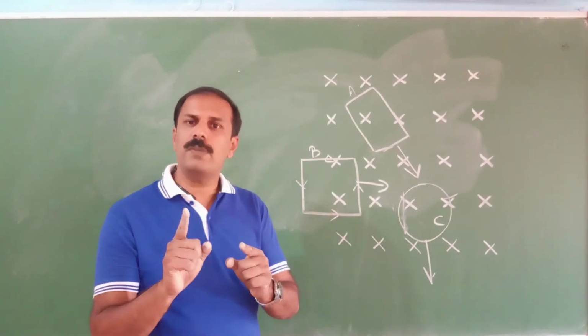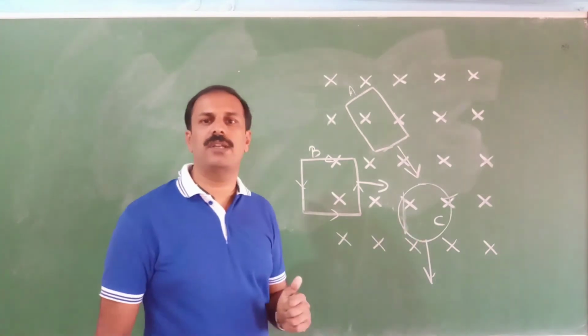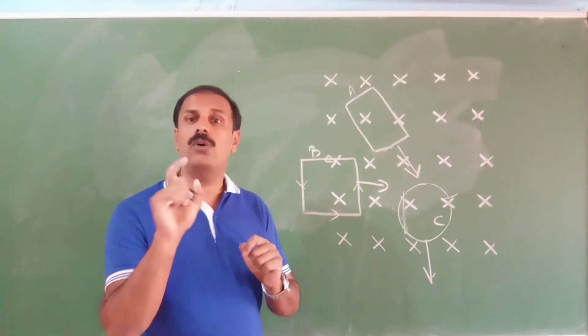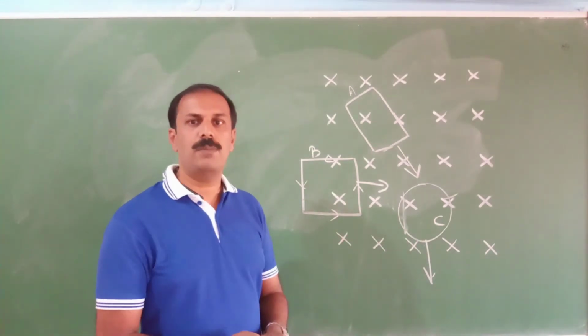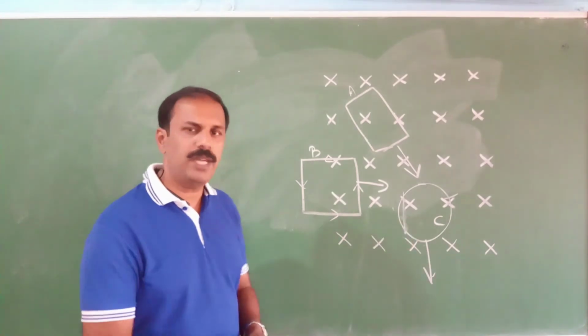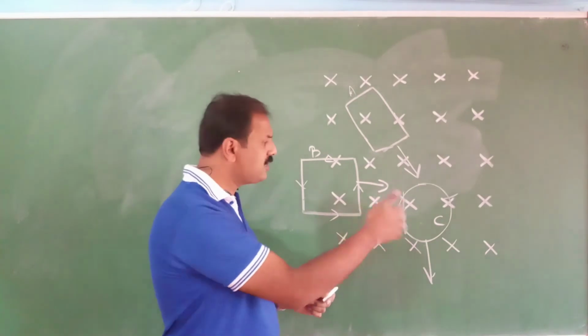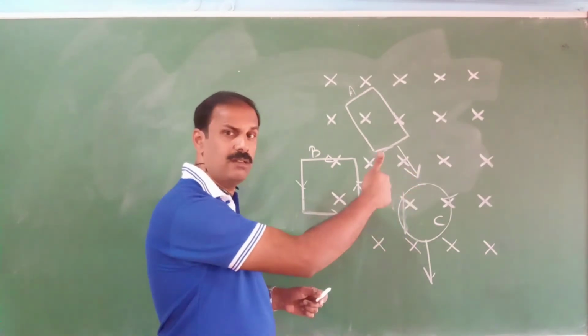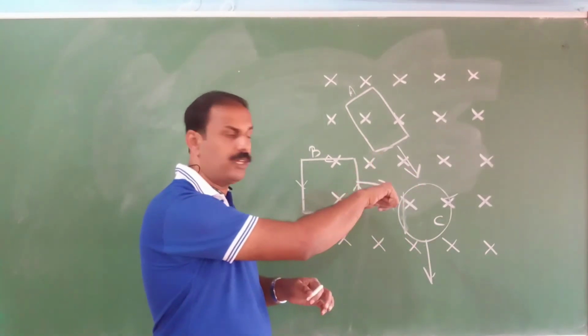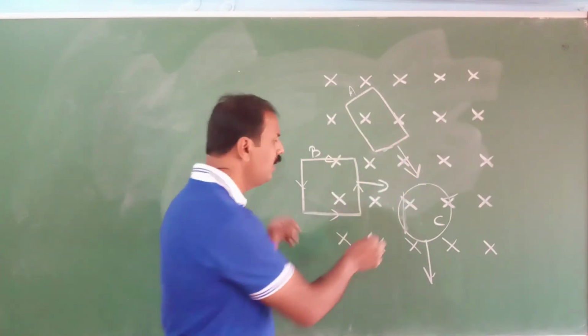You have to produce a magnetic flux in the same direction so that we will not allow that one to reduce. So the magnetic flux should be in the same direction. That is, it should be like this. In the same direction. If it is the same direction, right hand rule: the thumb is into the plane of the paper. So it should be like this. So it should be clockwise.